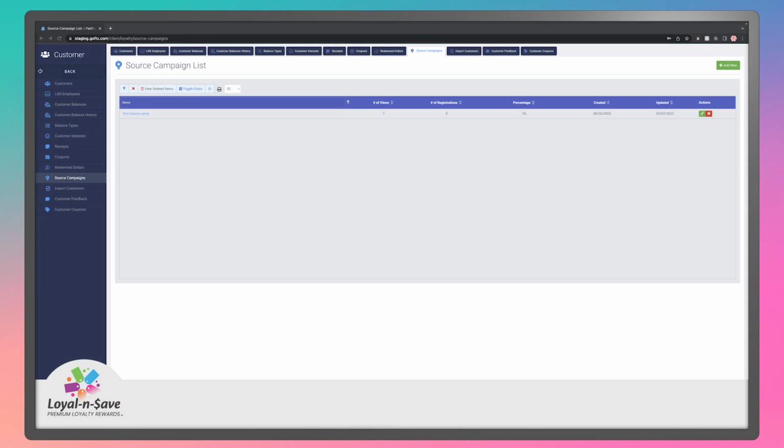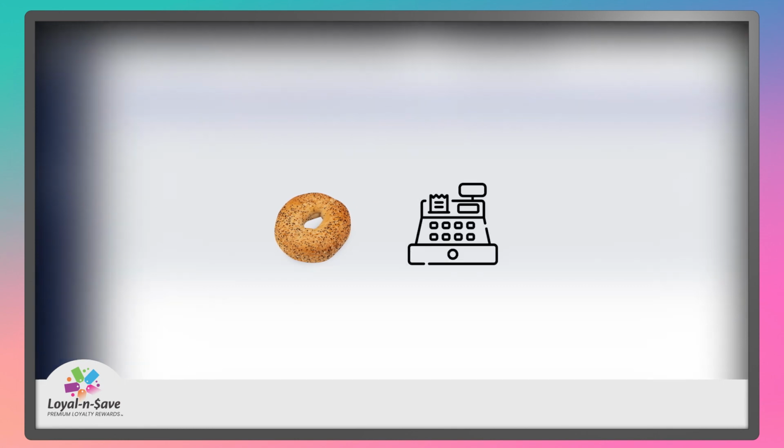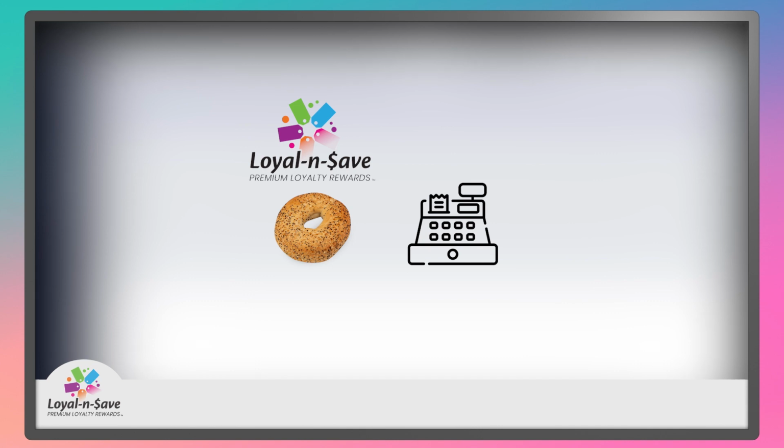This is a really cool feature because you can make anyone a customer employee so they can earn rewards for promoting Loyal and Save for you. For example, if the owner of the bagel shop up the block is one of your customers and they agree to promote Loyal and Save for you, then make the bagel shop owner a customer employee and create a source campaign for the bagel shop